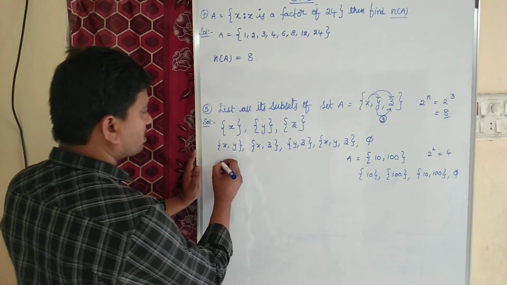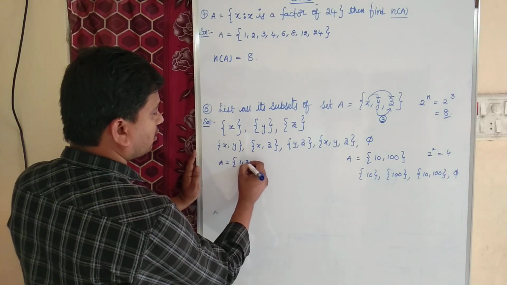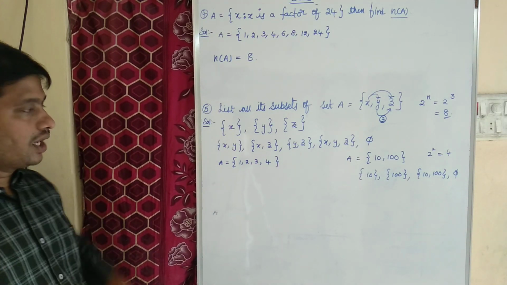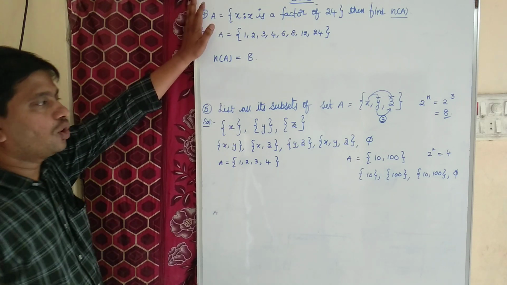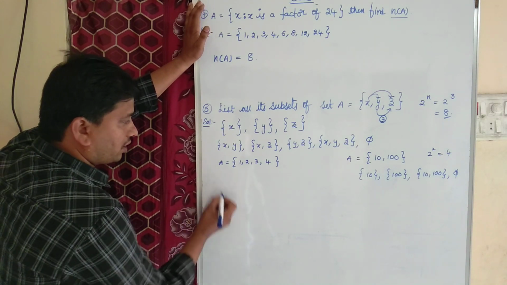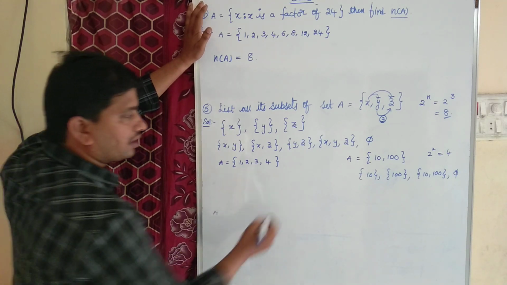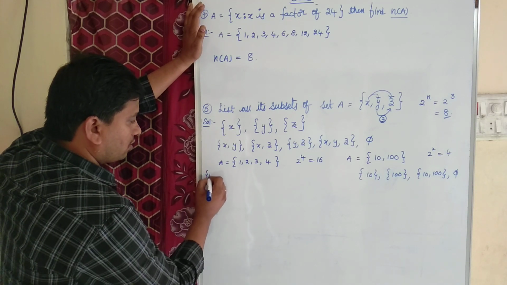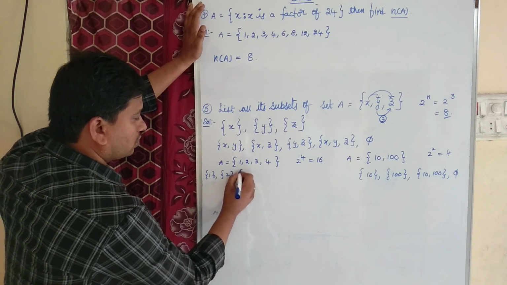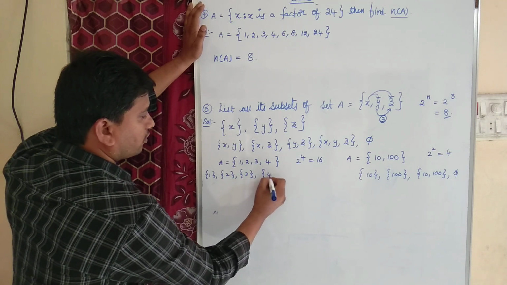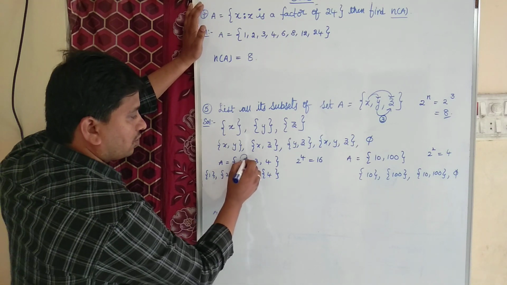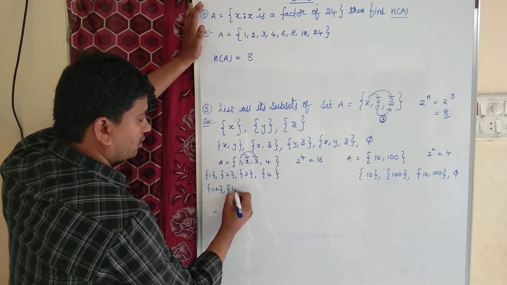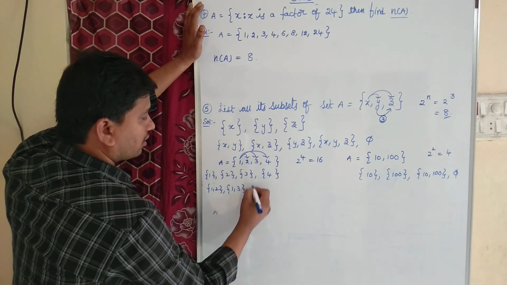Suppose they may ask 4 elements also. For example, A equal to {1, 2, 3, 4}. Can you list all the subsets of set A? First, we have 4 elements in set A, so the number of subsets is 2 to the power of 4, which is equal to 16. So they are {1}, {2}, {3}, {4}, and then